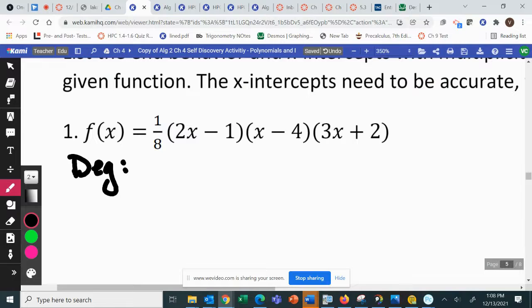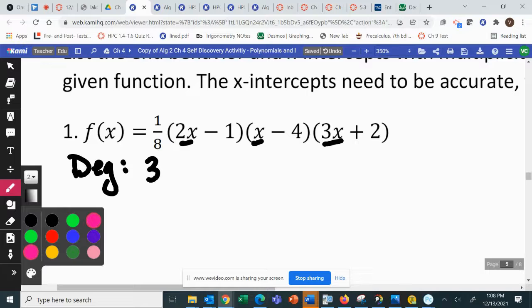The next page, your assignment number 1. You have to do the same stuff. What's the degree of number 1? It's 3. There's no squareds or anything. So we multiply that, and there's 3 x's. But the leading coefficient,